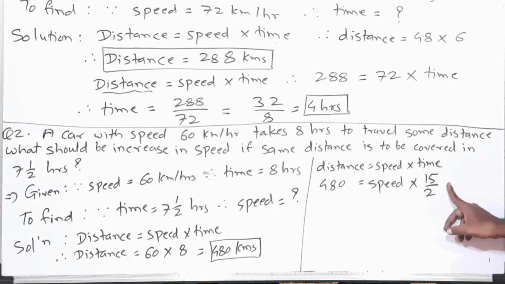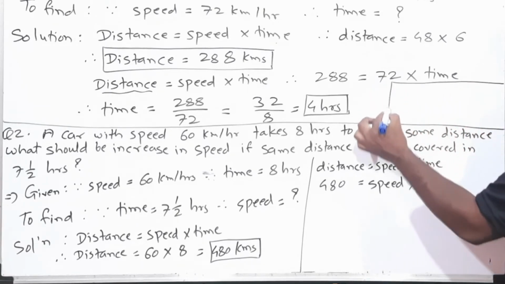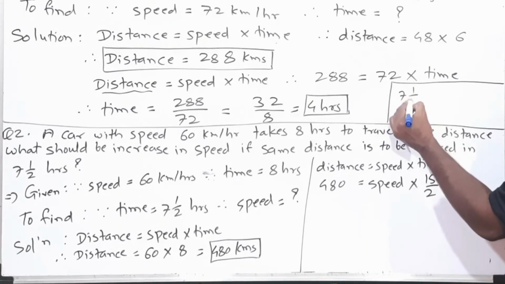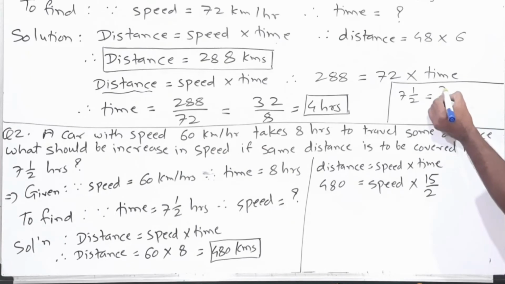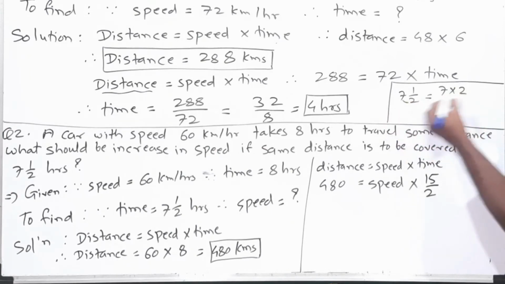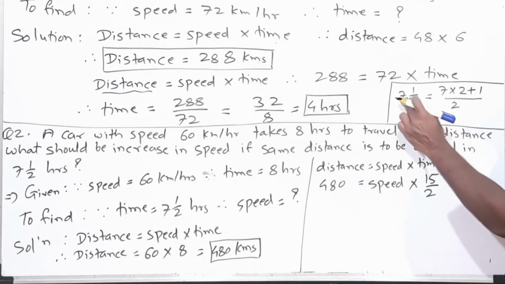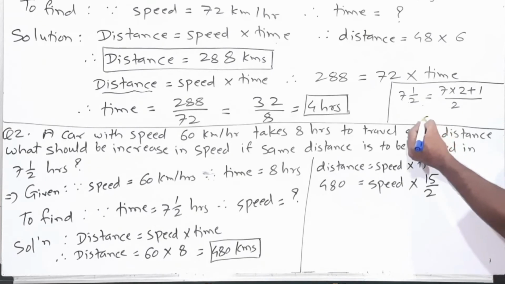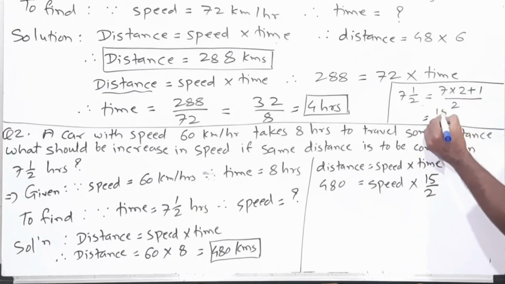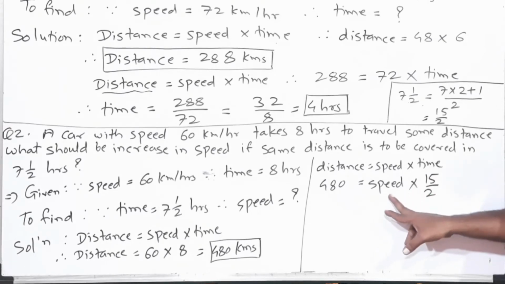I hope you got it. Otherwise, let's use this space as a rough place. 7 completed 1 and 2. How to convert this mixed fraction into an improper fraction? What we have to do? 7 multiplied by 2, right? Plus 1, upon this denominator we keep as it is. Conversion of mixed fraction: so that is equal to 7 twos are 14 plus 1, 15 upon 2. So time is 15 upon 2. Clear, friends?